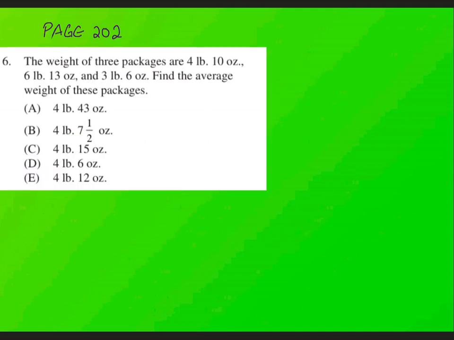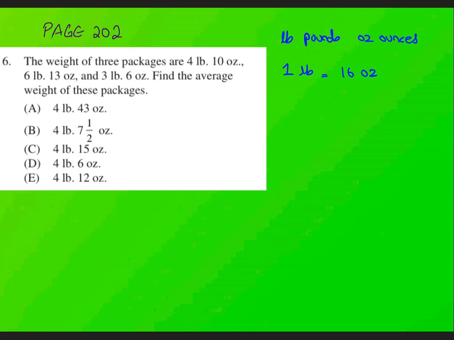Now for this question, you need to know that LB basically is pounds and OZ is ounces. So we have two different units for weights, and there's a conversion factor which says 1 pound is actually 16 ounces. Now the weights I have are in both pounds and ounces. So what I can do is first find the average of pounds and the average of ounces separately. At the end I'll add them.